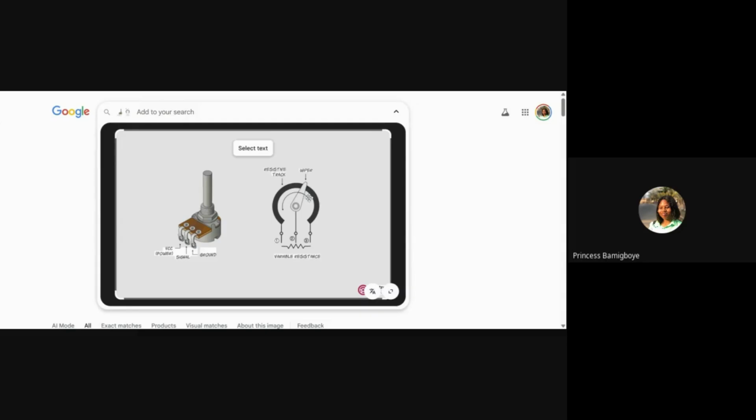This does not need to have a program in it for it to work. I can just turn the knob, and based on how I turn the knob, this wiper will be moving and moving. When we go into potentiometers, I'll explain how they work.